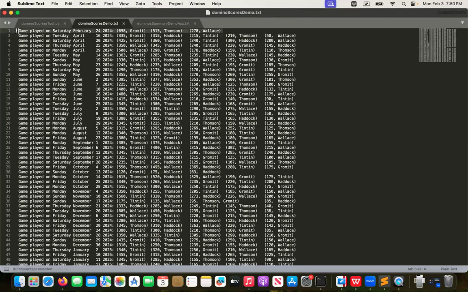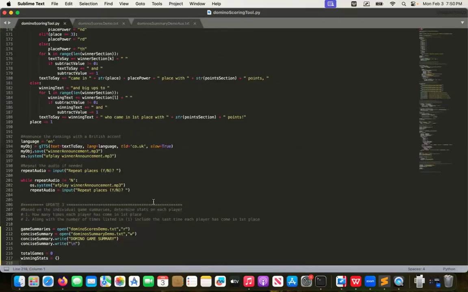We want to ignore those, because if you came first in that one, it may not count, because you're not playing against the same amount of people. So coming first here doesn't have the same weight as coming first when you play against a group of 5. So basically what we're going to do is